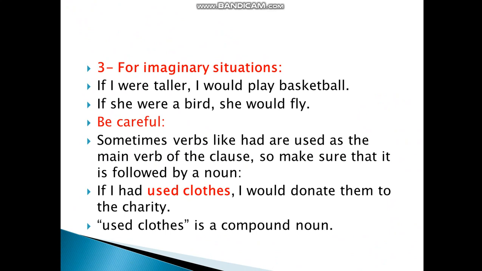We have a warning, or a note. Be careful. Sometimes verbs like had are used as the main verb of the clause. That is, they are not a helping verb as in the third case. That's why some people may get confused when they make their choices in the sentences, and when they see had in the first clause, in the if clause, they go and choose the past perfect form or